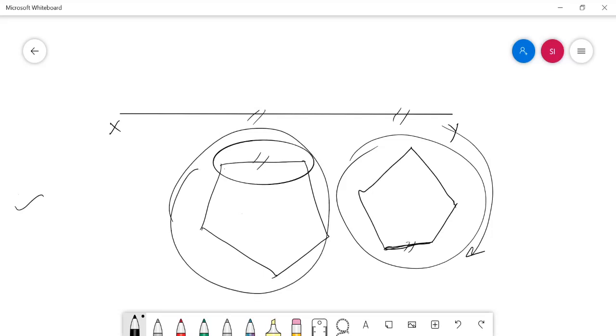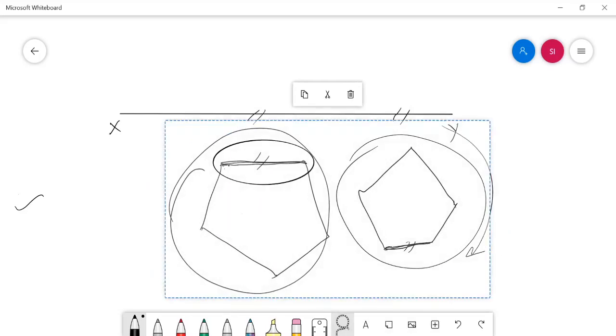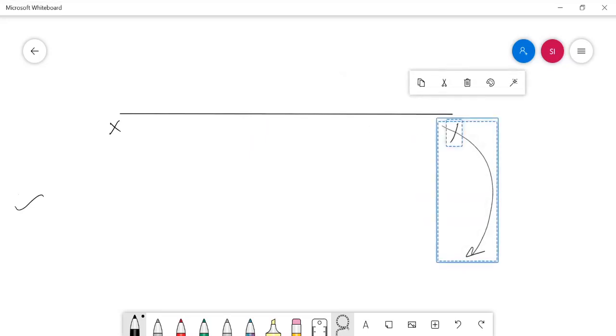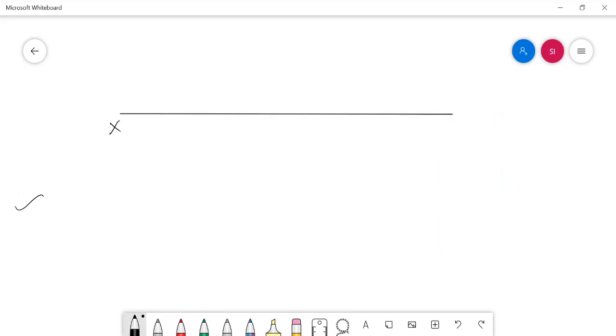In this choice only, one base edge is parallel to VP and it's nearer to it. So in this way, we have to draw the base view of the solid. Yes, let me draw the base view.